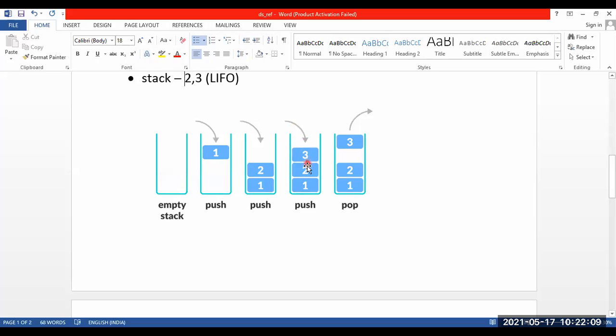Now the task of putting elements inside the bucket, or adding elements, or inserting the elements in the stack is called a push operation. When we are going to code it, we will make use of the term push. We will not say insert or adding elements. They mean the same, but this more specific, definite term that they have used for the stack is push. So what is a push operation?